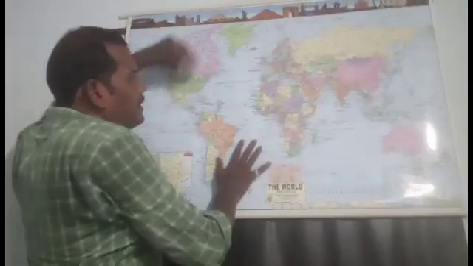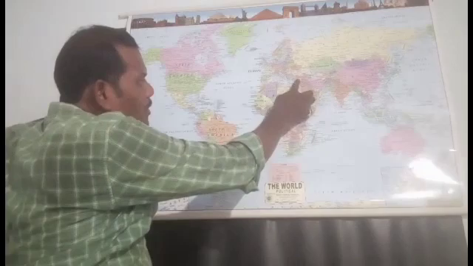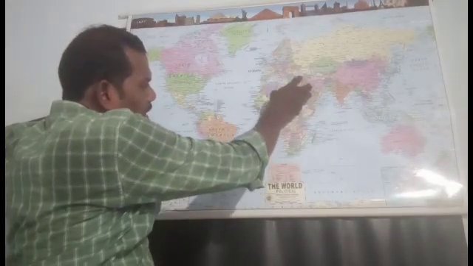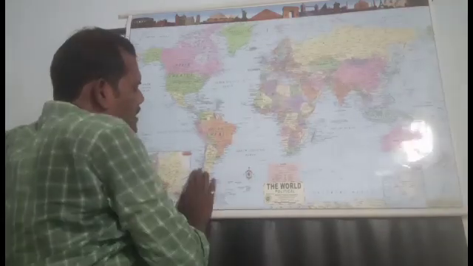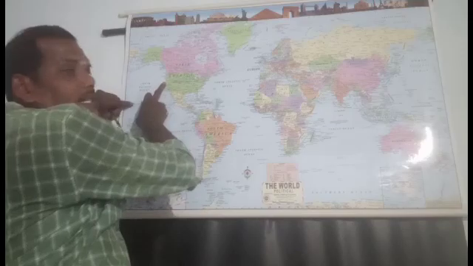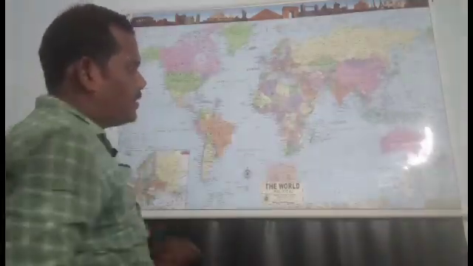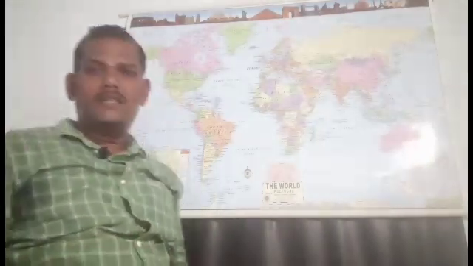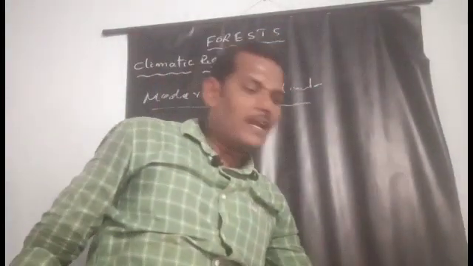This is the Mediterranean Sea. Around the Mediterranean Sea, and in some other areas in the west of the continents, these climatic regions are located. What is the Mediterranean climate? The major characteristic of the Mediterranean climate is that it is dry in summer,